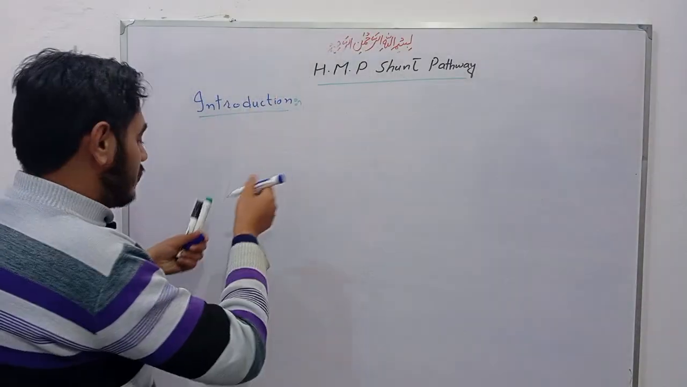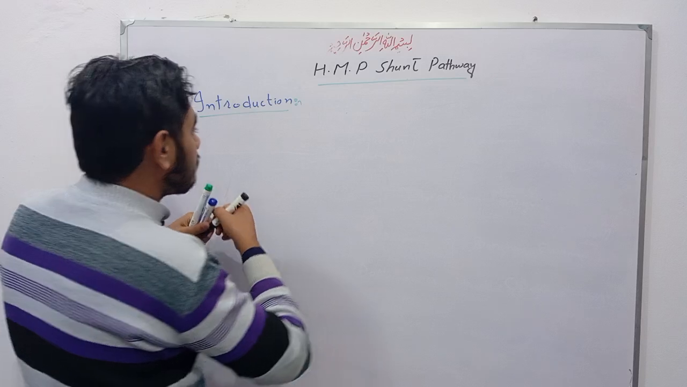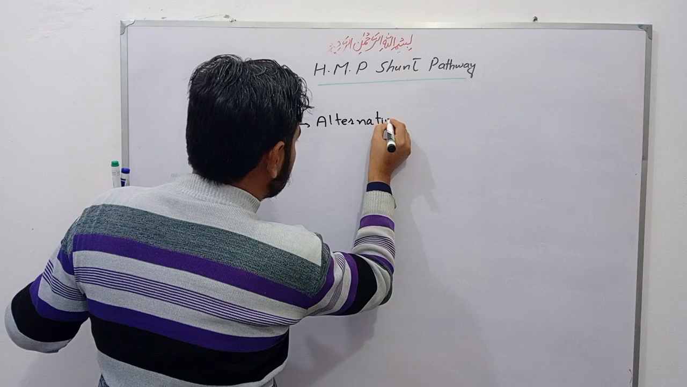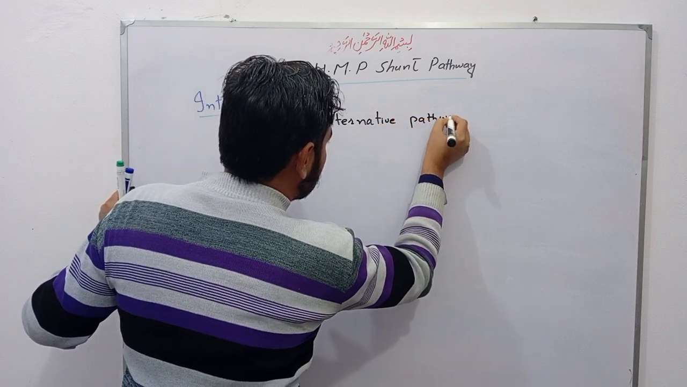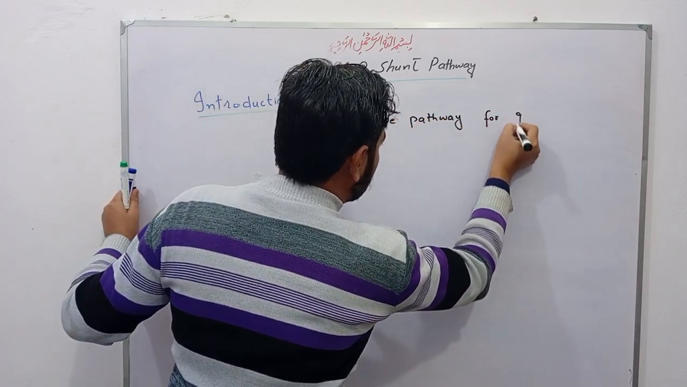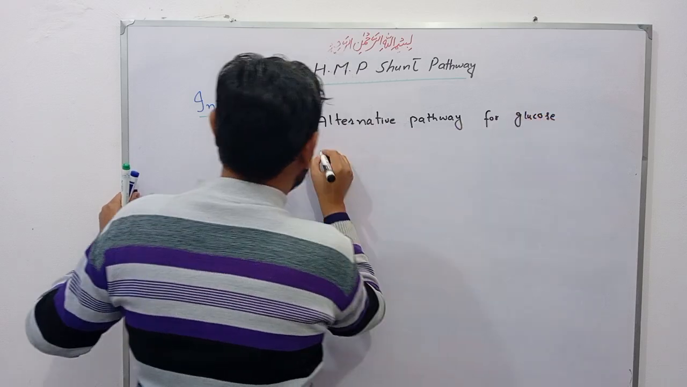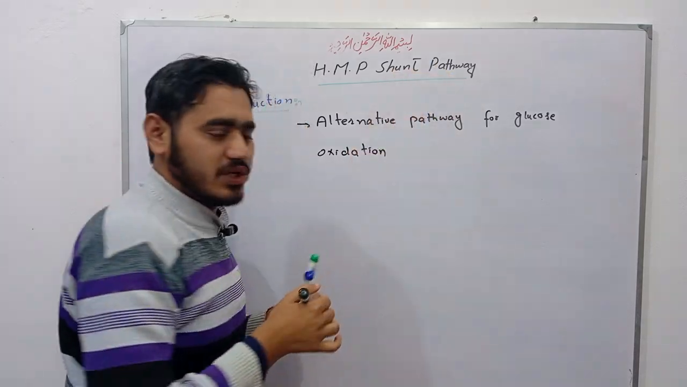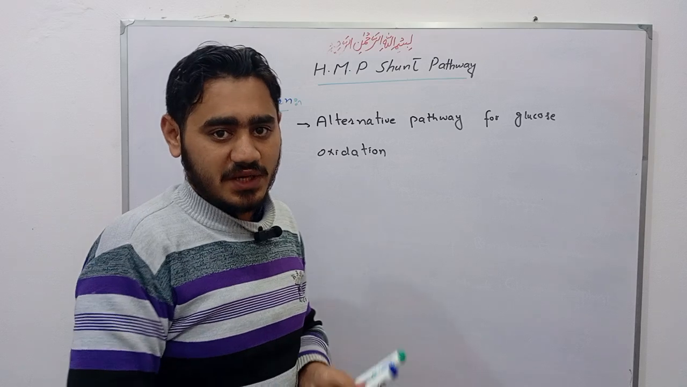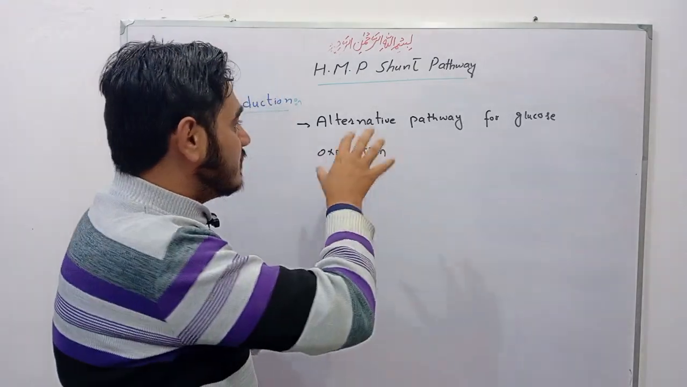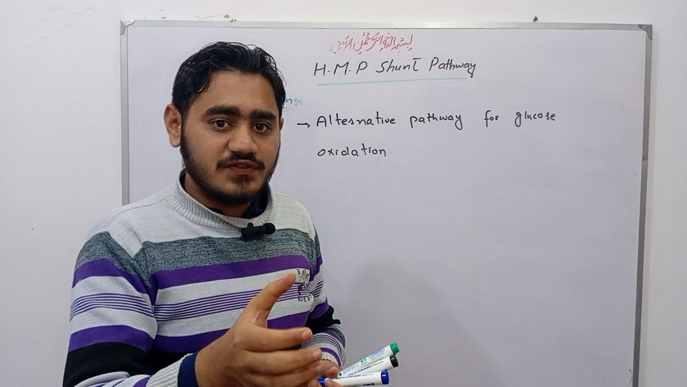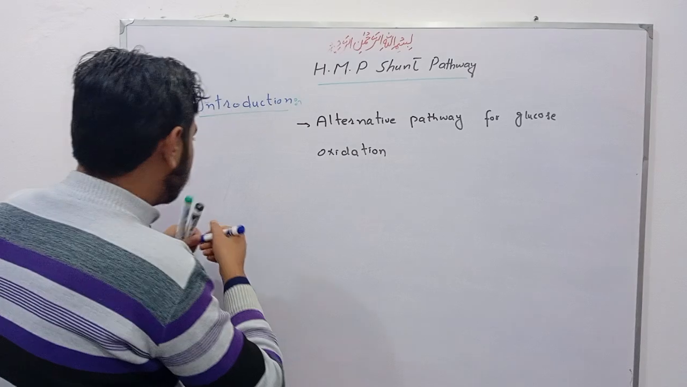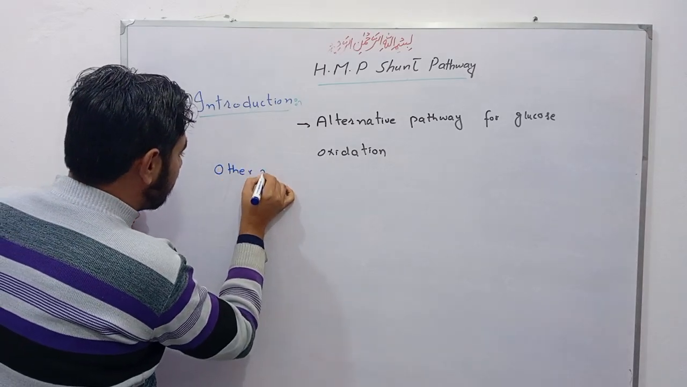So this is an alternative pathway for glucose oxidation. And why is it called a shunt pathway? Because some steps of glycolysis are used in this pathway, so that's why. And in this pathway there is synthesis of only a single phosphate, so that's why it is called HMP shunt pathway. And there are some other names of HMP shunt pathway, and that are